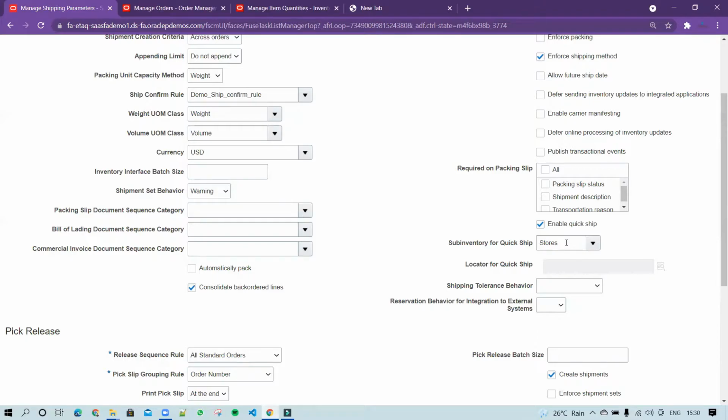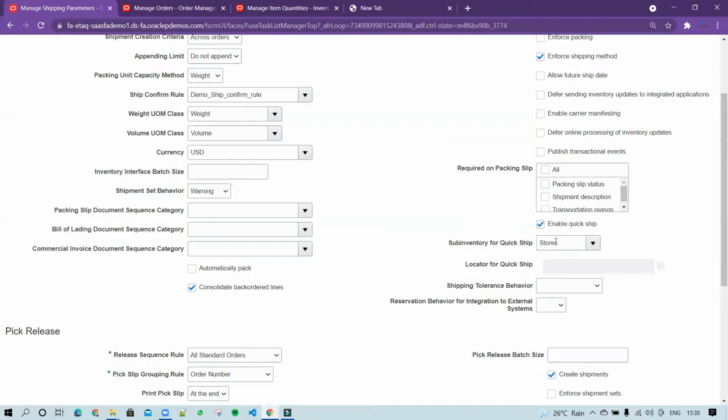So if you want to utilize this feature, make sure you have all items on hand available within the respective sub-inventory so that the user doesn't need to change it in the shipment UI. The user can directly go ahead and confirm the shipment from there itself.